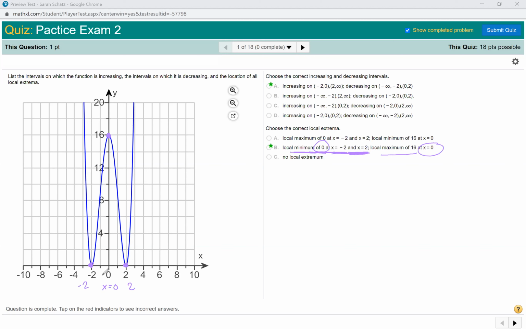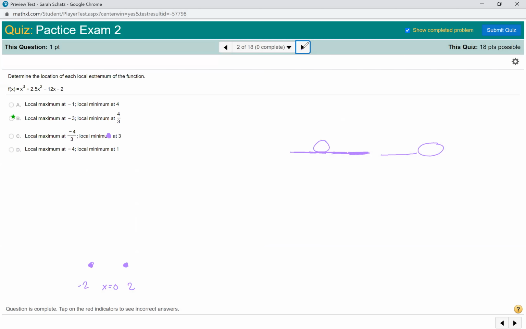All right. I like the purple. All right, so